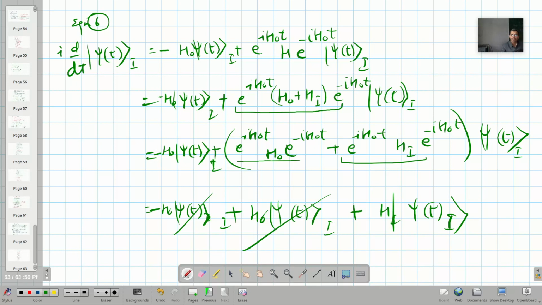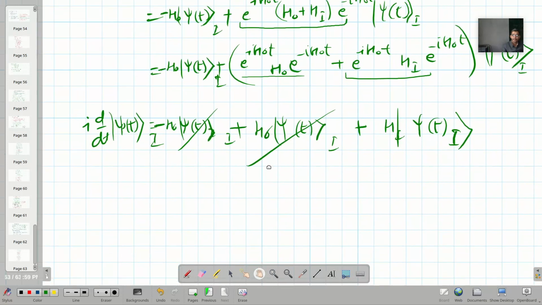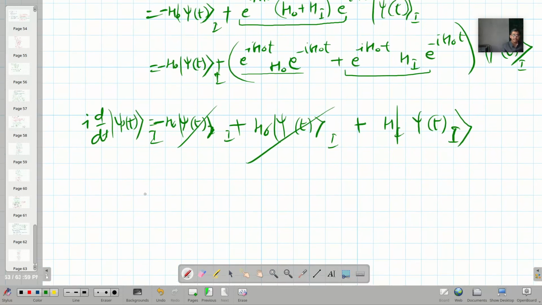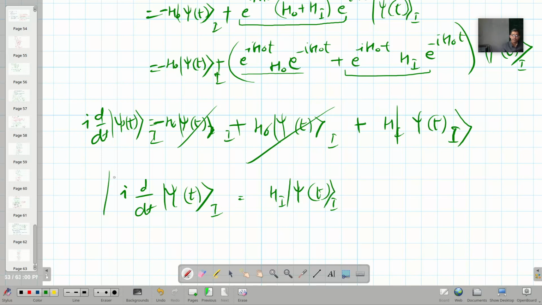Yeah, I had forgotten this negative sign, so it should be there. So I d upon dt psi t I, therefore we are having an equation I d upon dt psi t I must be equal to h I psi t I. So this is one equation